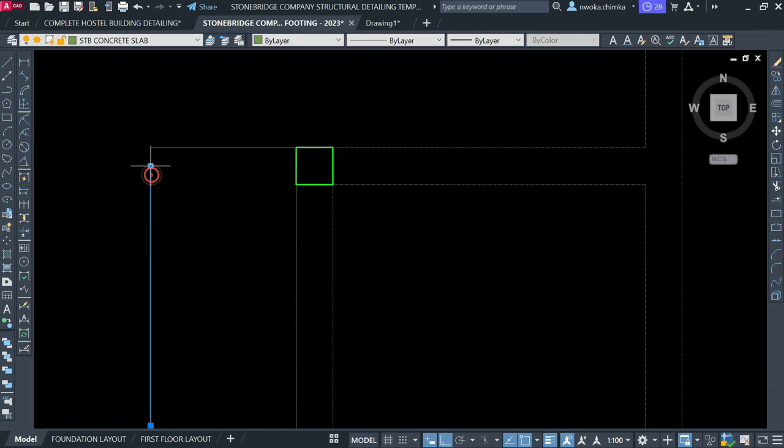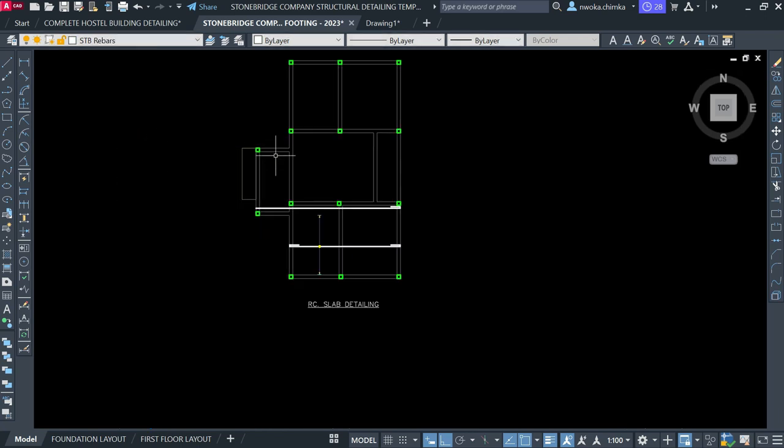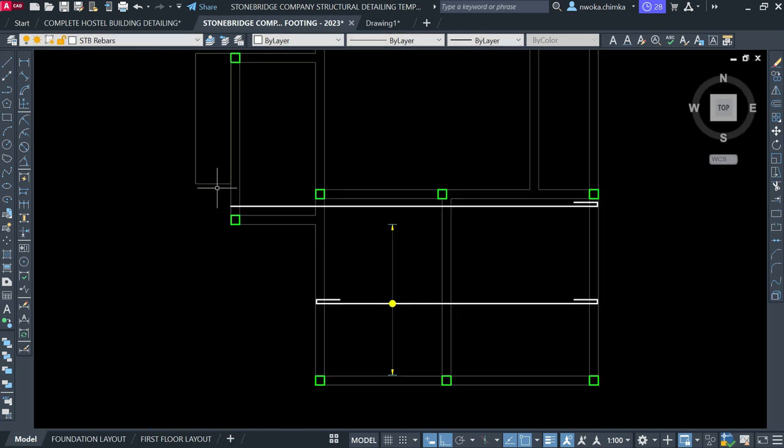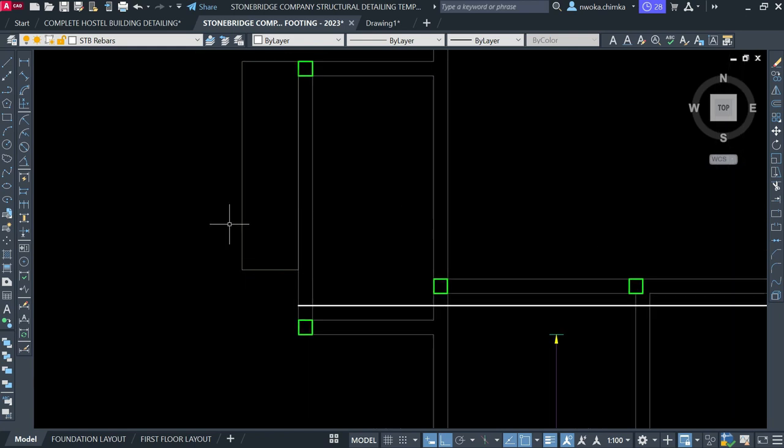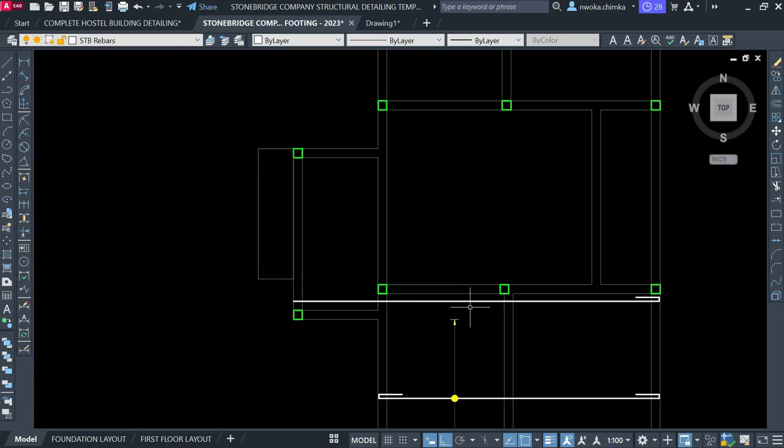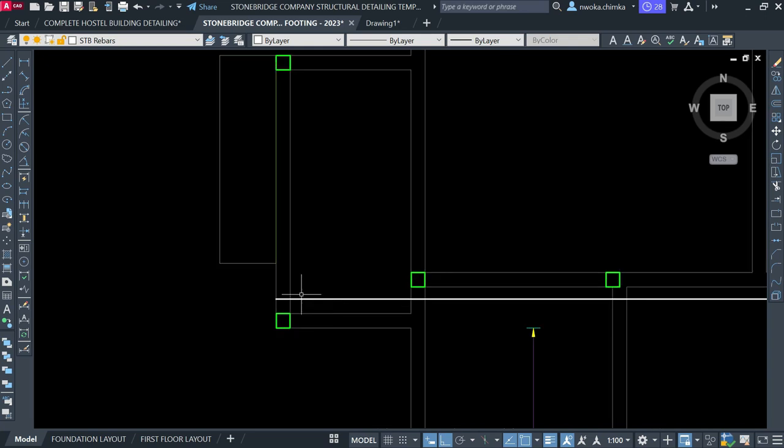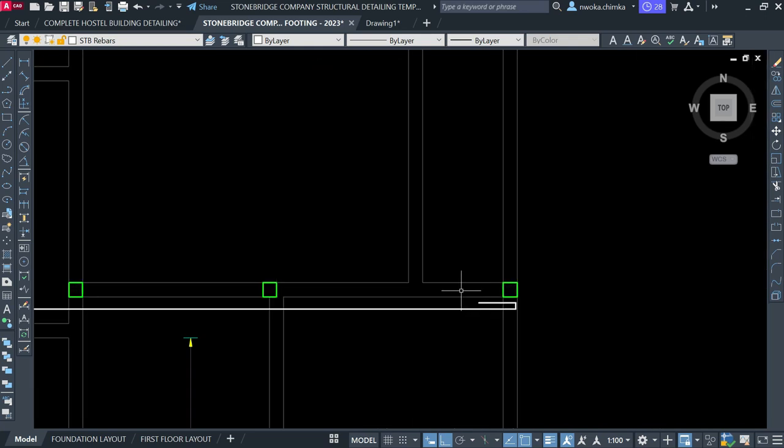Okay, so I'll just go here right now and then keep this here. That's fine. Okay, so right now you can see that there's a change of shape again on this place because here has a cantilever but here doesn't have, so the bar will also change. So right now I'll come here again, click on this, mirror, MI,